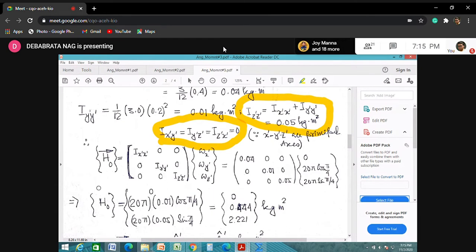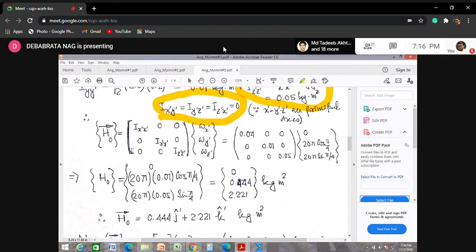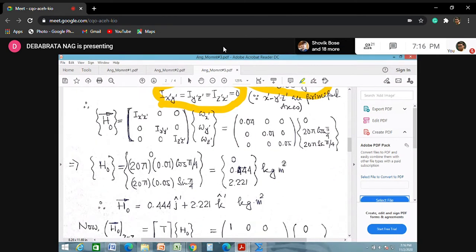So you see, therefore, I just find out the angular momentum vector, but you need to remember that what we are doing is found with respect to your x dash, y dash and z dash axes. So either you can do this matrix multiplication, just as I have shown here, or else you can do the vector multiplication as well. That means you can express this vectorially, right? And then straight away you can do this vector formulation. Here I have done it in matrix format so that you can understand it in a better way.